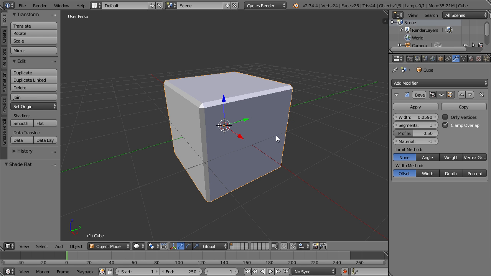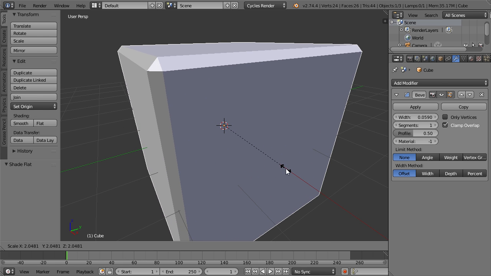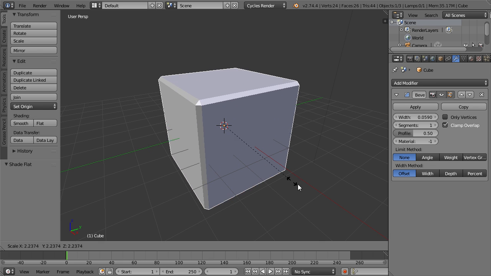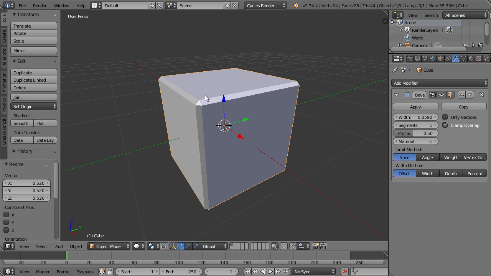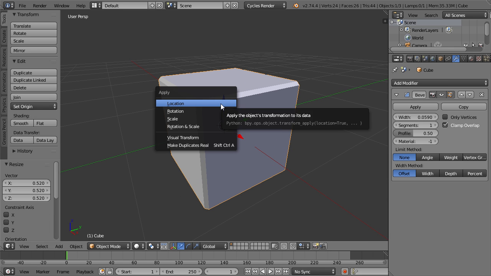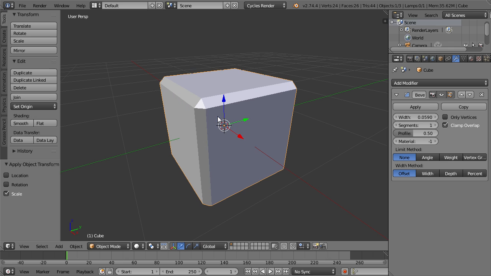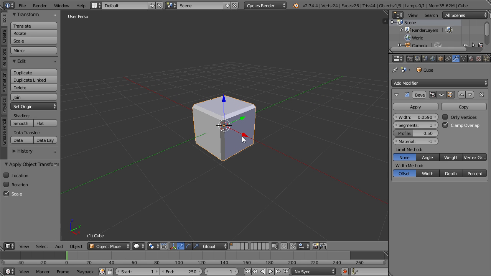Alright, so one general thing, like most modifiers, this is relative to the scale of the object. So if I were to increase the scale, you can see that the width actually increases with the scale. If I decrease the scale and zoom in, the cube will look exactly the same, but if I press Ctrl A now and apply the scale, you can see it'll get bigger, which is a lot more important for non-uniform